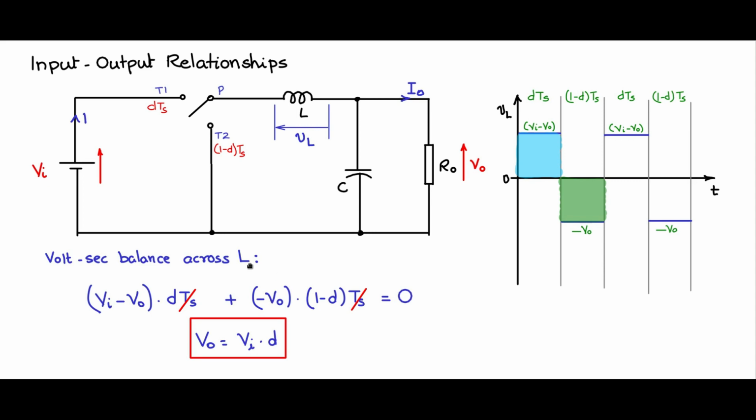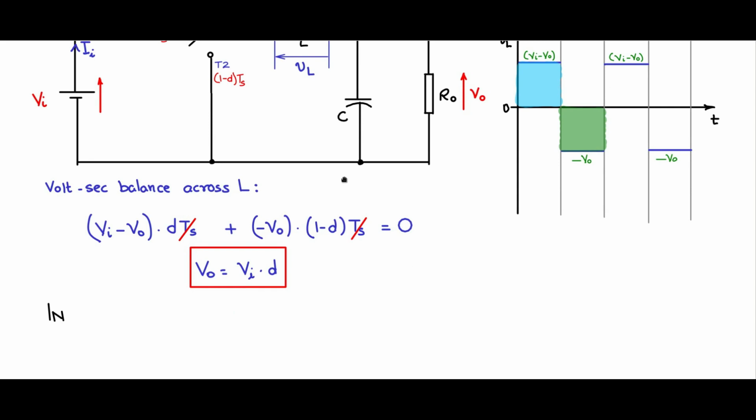Now to get the input-output current relationship, you can use the amp-second balance. Average current flowing through C is equal to 0. But for that you have to understand the waveforms, the currents that go through, which we have not yet come to. However, you can do the amp-second balance. Later on I will show you how the amp-second balance also works, but I have an easier method for you right now. So let us define this as I, and let us find the input-output current relationship.